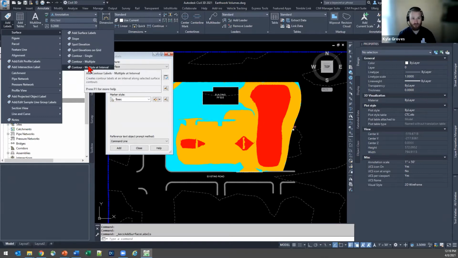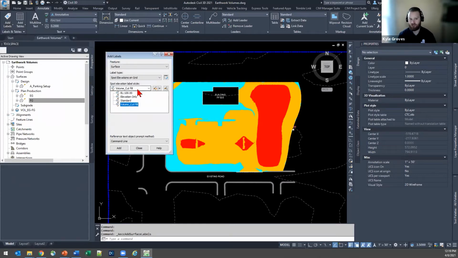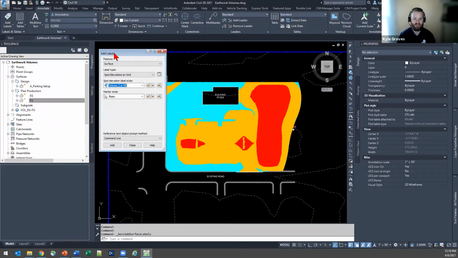Now, it's great if you want to have your template set up, if you like those styles. I'm just usually in a situation where I want that flexibility. I want to know that I can put down exactly what I'm looking for. And that's why I really like to make sure that this dialog is up before I go through and add those to my drawing. So spot elevations on grid, I'm going to be using the special volume cut fill label